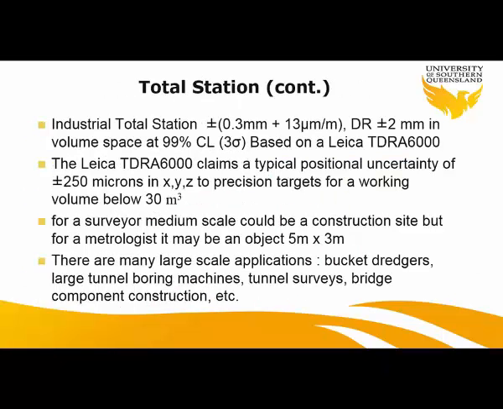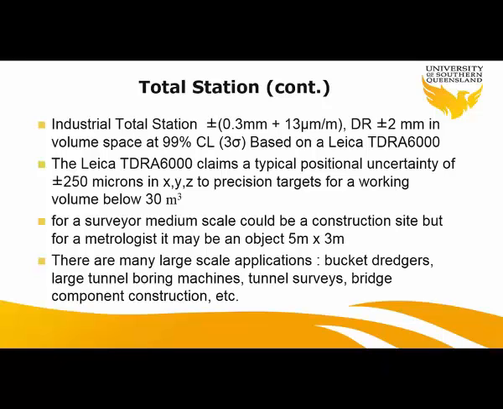What we are using for metrology, though, is the industrial total station, which is very precise in terms of distance measurement, and also very precise in terms of angle measurement. The precision is plus or minus 0.3 millimeter plus 30 micrometer per meter. And this is for when you're using the target. If you're using direct reflex or reflectorless, then it's going to be plus or minus 2 millimeter